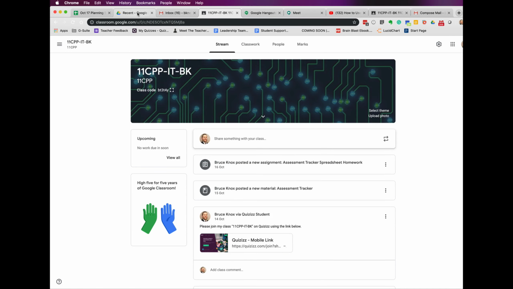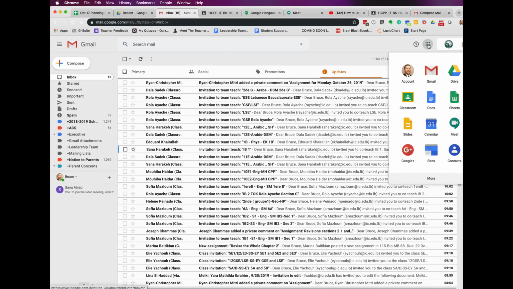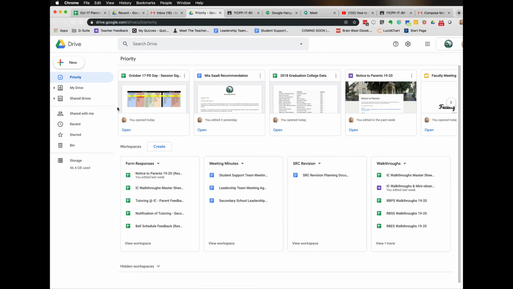You could use a Google Doc. So again, start in your email, go up to your 9 dots for the apps. You could go to Docs or to Drive. I like to start in Drive all the time because then I've got options. And you could just click New Google Doc,